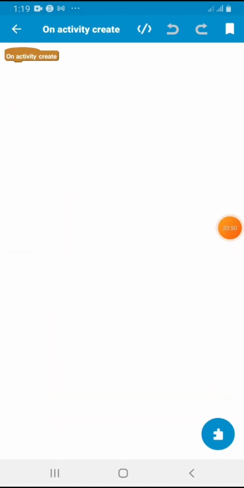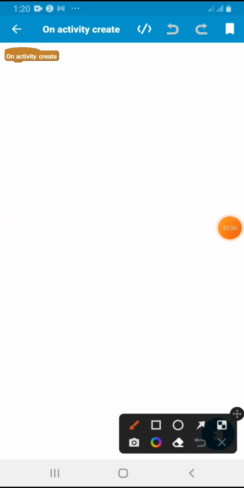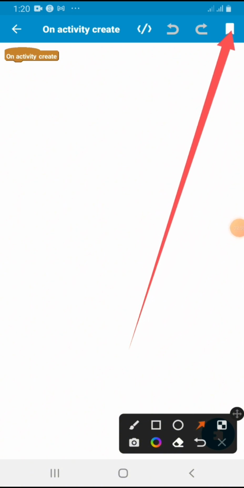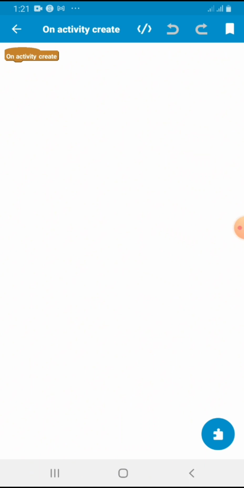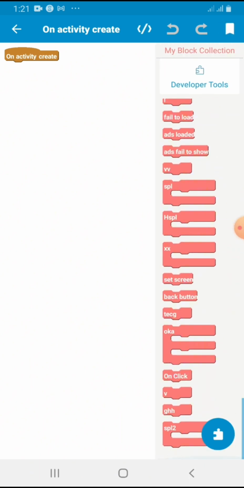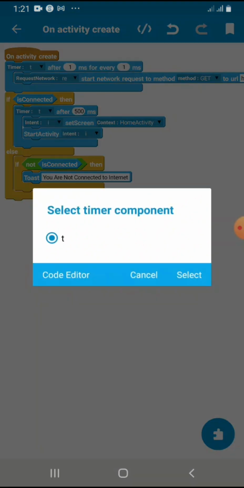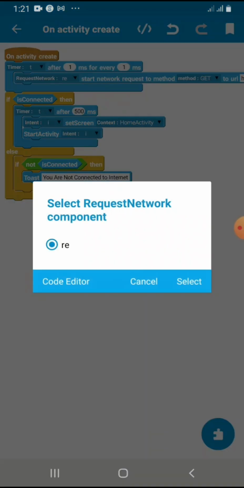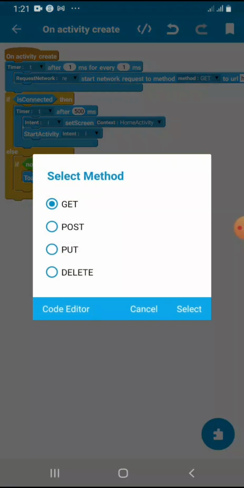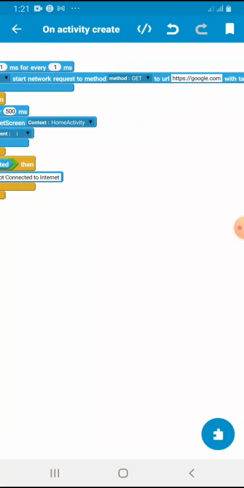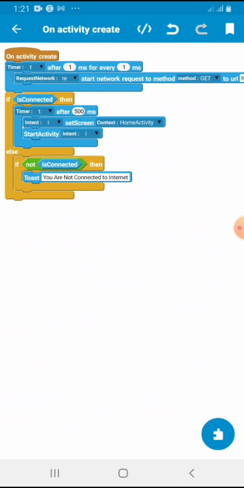All right, so here we still need to go to our collection to remove that block of code again. Okay, you click here. This is it, SPL2. You drag and you place it here. Then you on the request network. All these small triangles, you make sure you activate them. Okay,